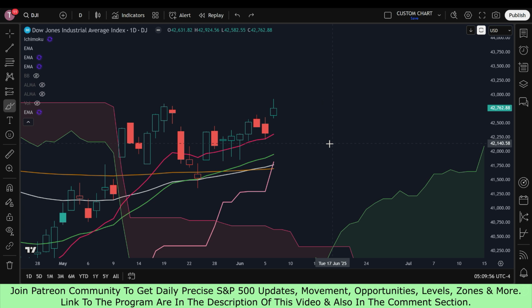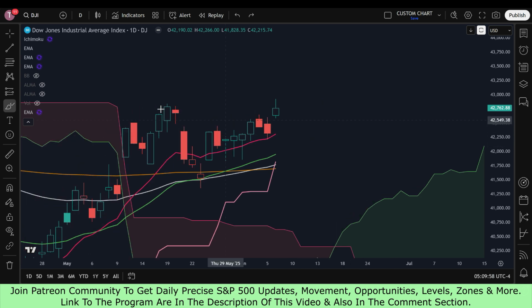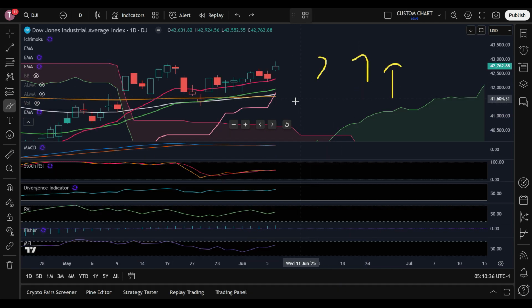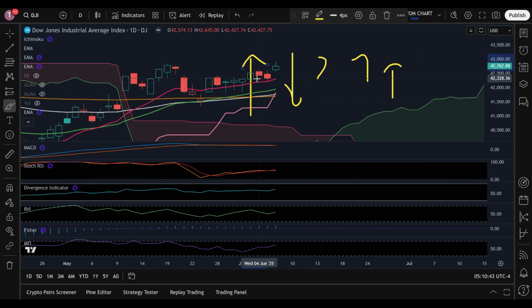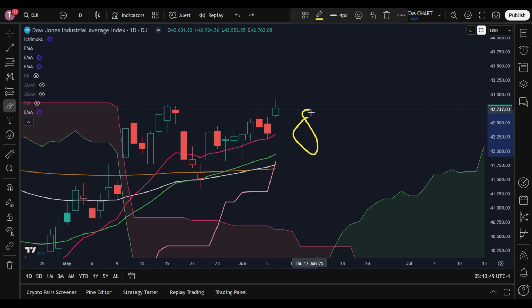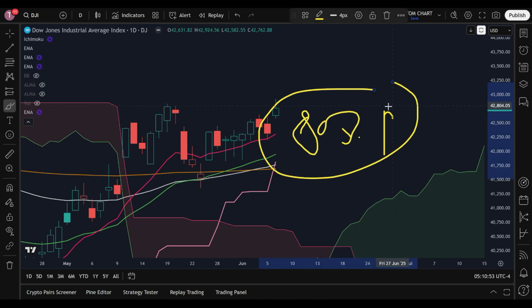And once again, guys, the MACD is bearish on the daily chart. Remember that part. Okay. Now, in terms of the Dow Jones, almost everything is the same. It is bullish through the Ichimoku cloud, Bollinger Bands, moving averages. And the most important part is again, Dow Jones is bearish through the MACD, but is bullish through the stochastic RSI. Okay, exactly the same configuration, the same thing that we have seen in the S&P 500. So Dow Jones is also 80% bullish on the daily chart.